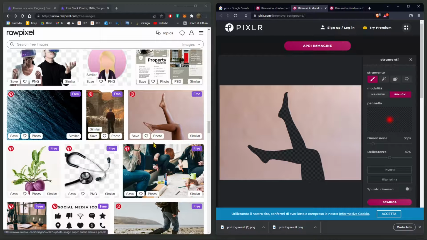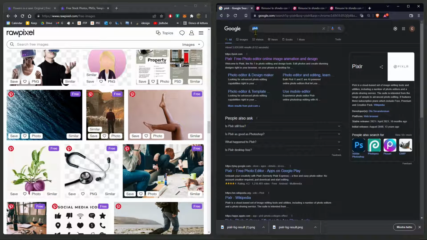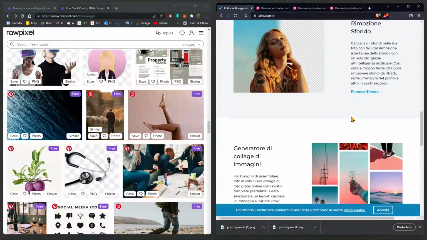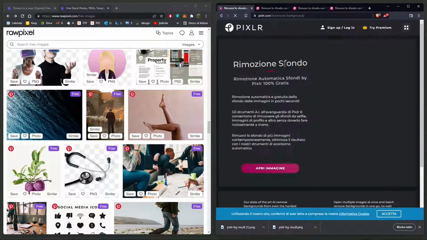In this quick video guide, I want to show you how you can remove the background from an image using the Pixlr website right here. So you can just search for Pixlr on Google and click on the first result here. All you need to do then is find the background removal tool, which is in the middle of the screen,